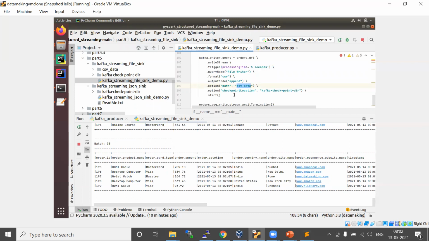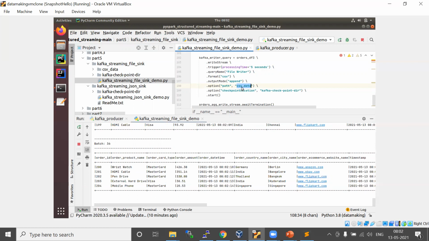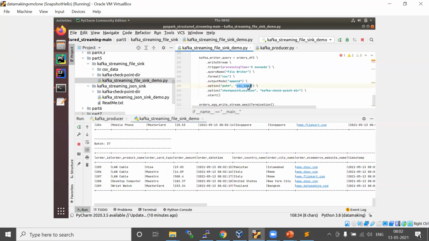Because this program will not stop, whatever location you give, it will keep writing data in that location. So you can make subfolders, but not a single file. Okay, so that's how it works.